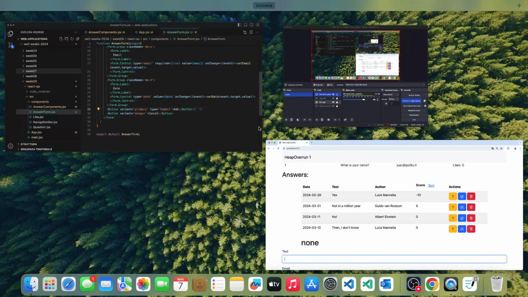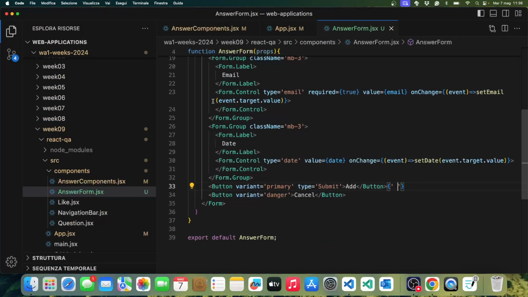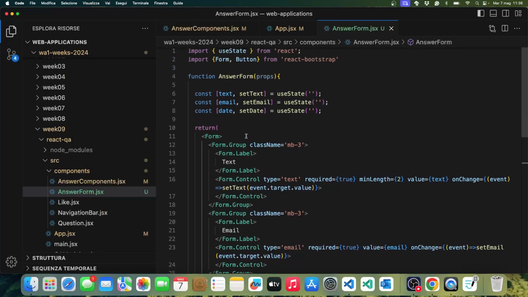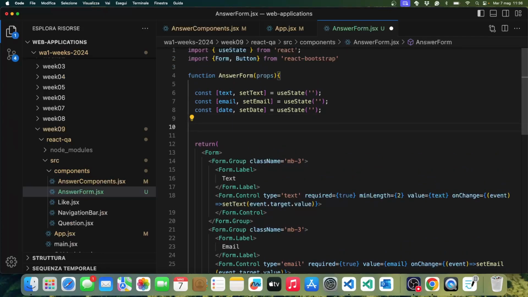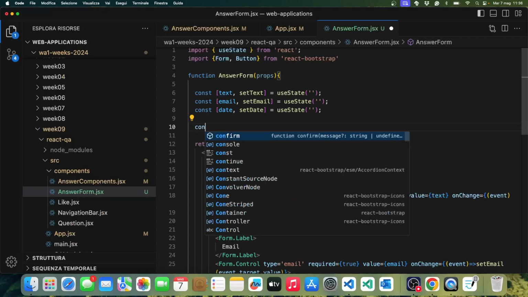Okay, let's get back to our implementation. So up to now we have the form, we had the add button, but the add button doesn't do anything. So what we want is